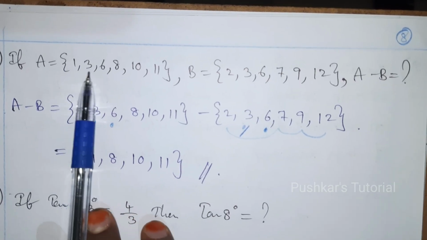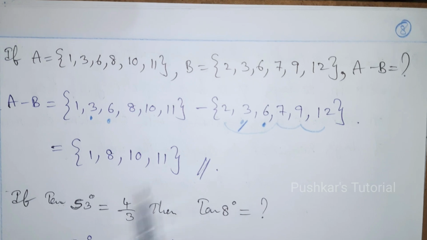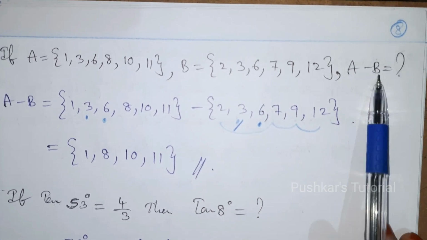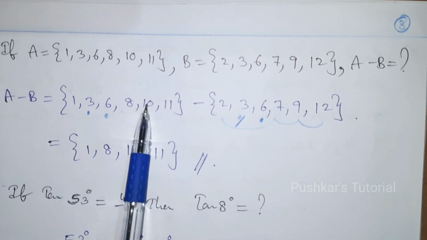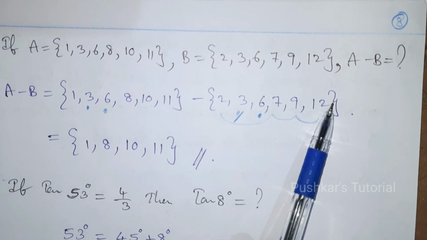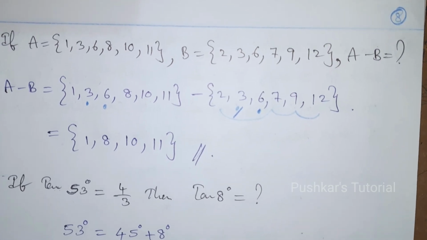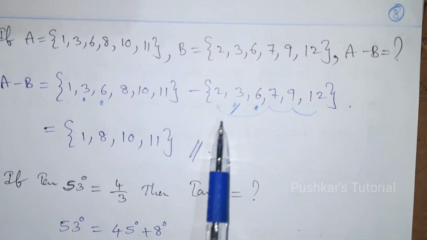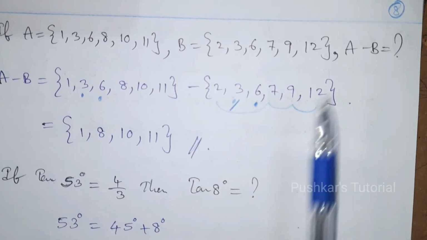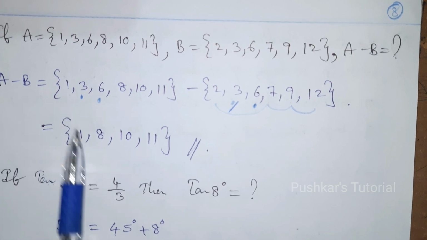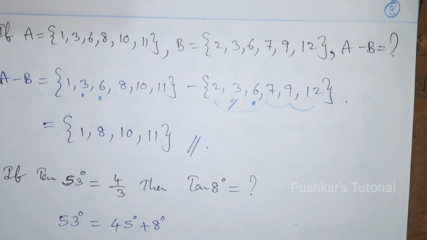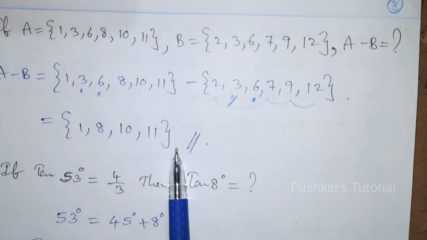If A is equal to the set {1, 3, 6, 8, 10, 11} and B set is equal to {2, 3, 6, 7, 9, 12}, then A minus B means first set minus second set. So we have to remove the overall second set. First we'll check common elements: 3, 3, 6, 6. So in the first set 3 and 6 should be removed, and from the second set each and every element should be removed. So what is left here? 1, 8, 10, 11. We should not write 2, 7, 9, 12. So the answer is,